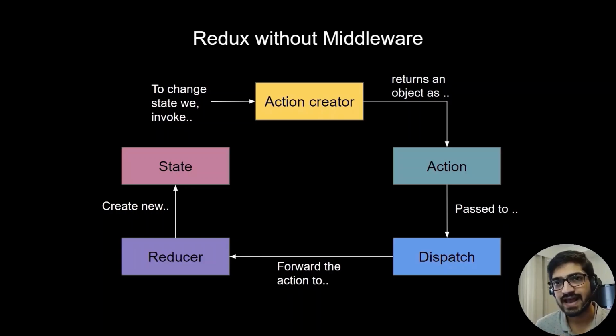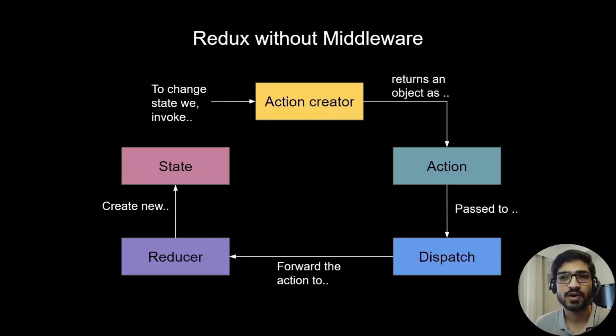Then we pass this action to a dispatch function, and this dispatch function will forward our action to the reducer. Now the reducer has the power to update and manipulate the state. So the reducer will create a new state, and that state we are going to use in our components. So this is what we are doing in our fake API